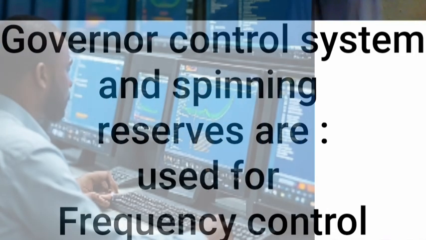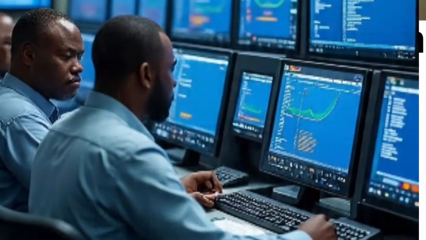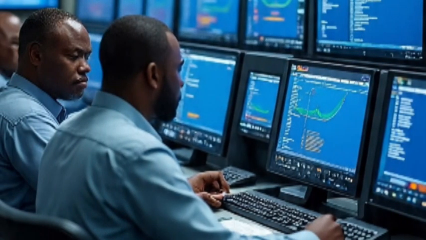Then the tertiary control is the one where the system control, that is from NCC and so on, will be calling other generating stations to bring in their own reserves.